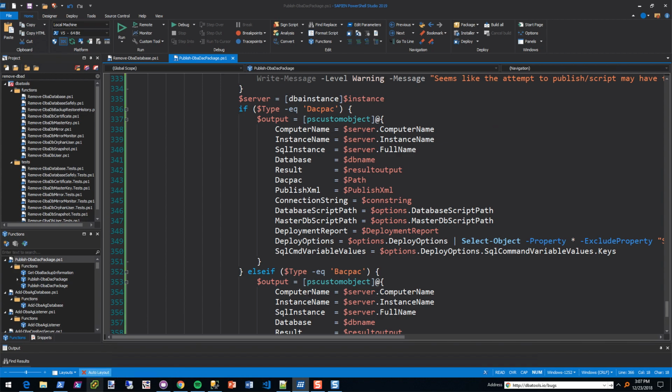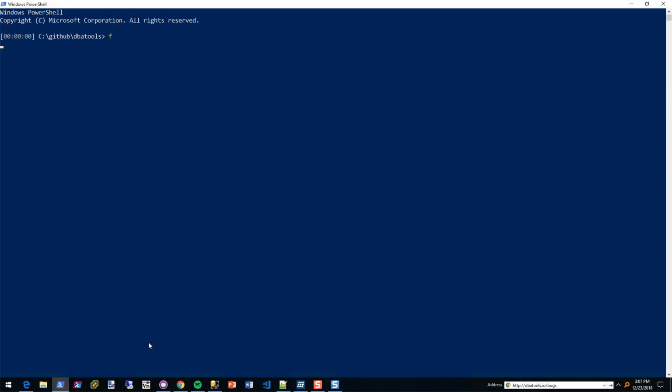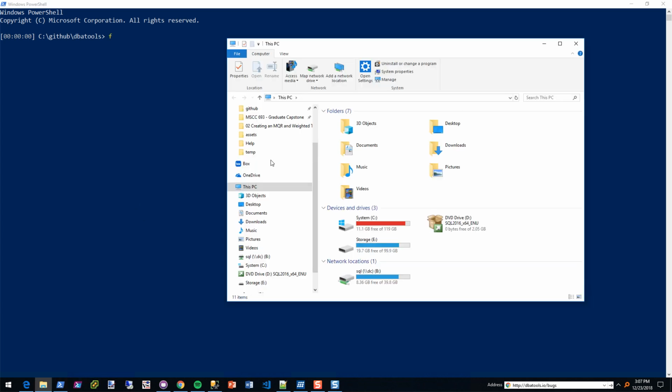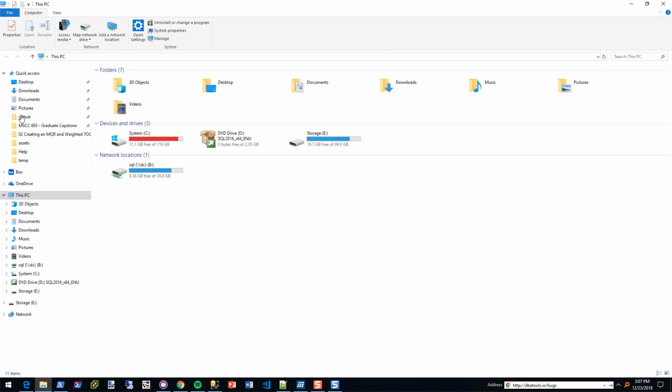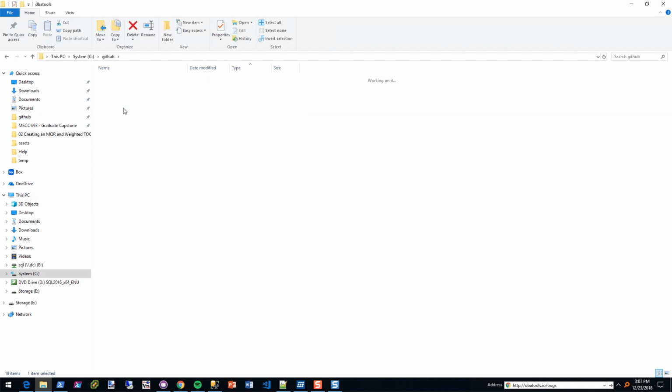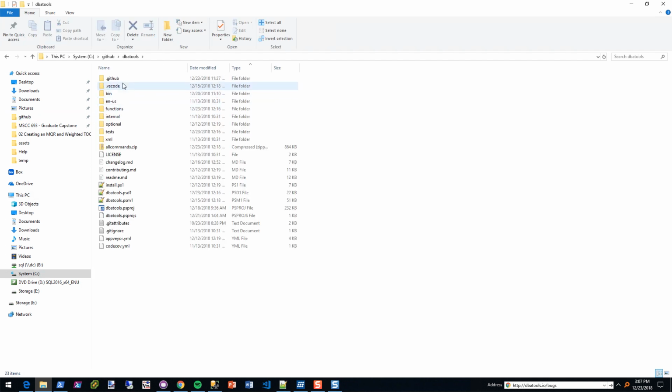And then what I'm going to do is, so DBA tools takes a while to load up, especially for developers, because what we do is we note if you have a .git file in your DBA tools directory that you're loading from. So here you could see, actually it's hidden from me. I would have to go and unhide it.